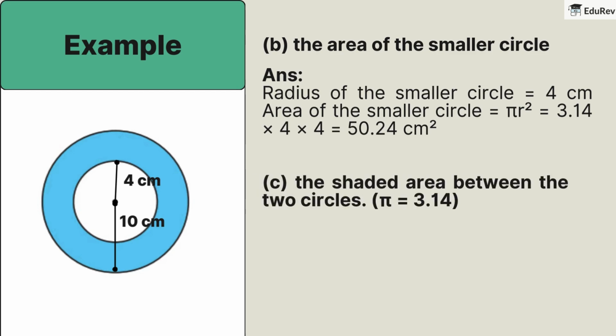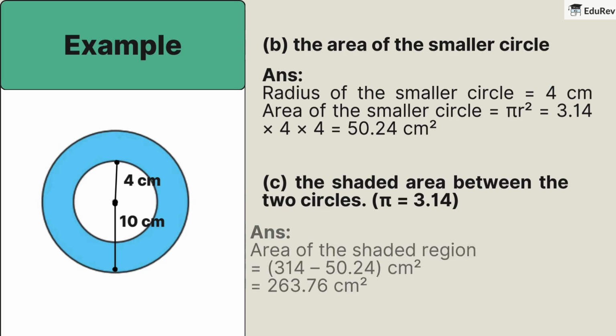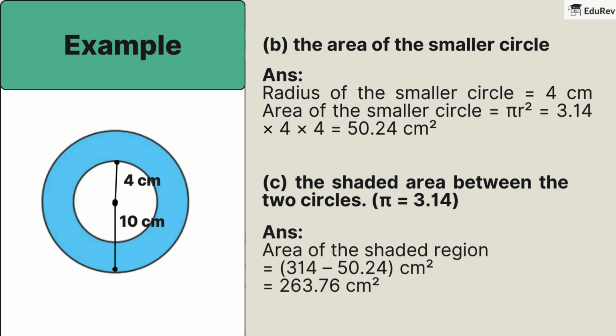Finally, to find the shaded area between the two circles, we subtract the area of the smaller circle from the area of the larger circle. Area of the shaded region is equal to 314 minus 50.24, which is equal to 263.76 square centimeter. In conclusion, today we learned about the perimeter and area of various shapes, including rectangles, parallelograms, triangles,